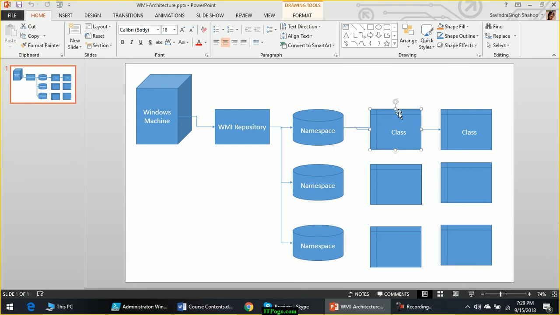For classes there will be properties. Like in a table we have columns, right? What is a table made up of? It is made up of columns and rows. Similarly, WMI namespaces will have classes.